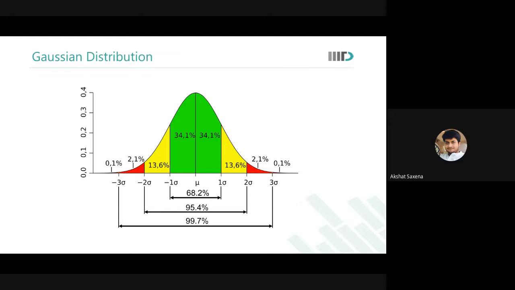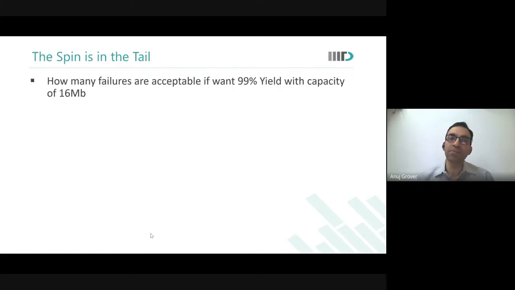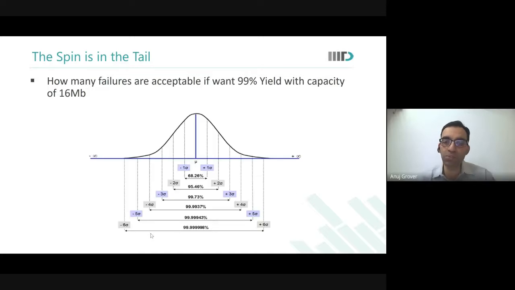Why? Because we are talking of millions, billions of transistors. So this ±3 sigma doesn't hold any significance for us. The 6 sigma parlance that goes with ±3 sigma is not really what will work for SRAM design. So what do we need to do? For us, the spin is in the tail. How have the variations changed, or how are the variations in the final fag end? We start to see that we need to go to ±6 sigma to be able to talk of